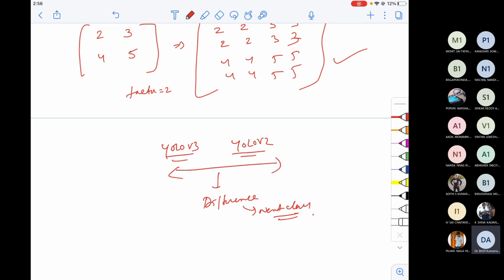There are hardly any small topics left, but those are covered in the lab. The last topic is custom object detection, which you have done practically using labelImg, annotating and everything, so there's no point in discussing that again. After the comparison between YOLO V3 and YOLO V2, we'll just refresh custom object detection and then jump directly into module 6, the last module, which is based on GANs. We'll see that in the next class, and I'll take your questions.